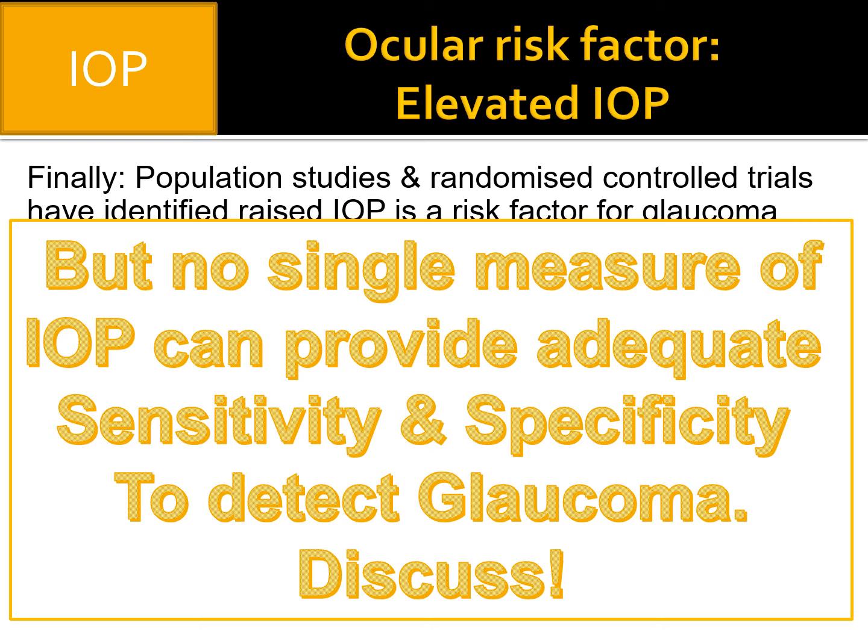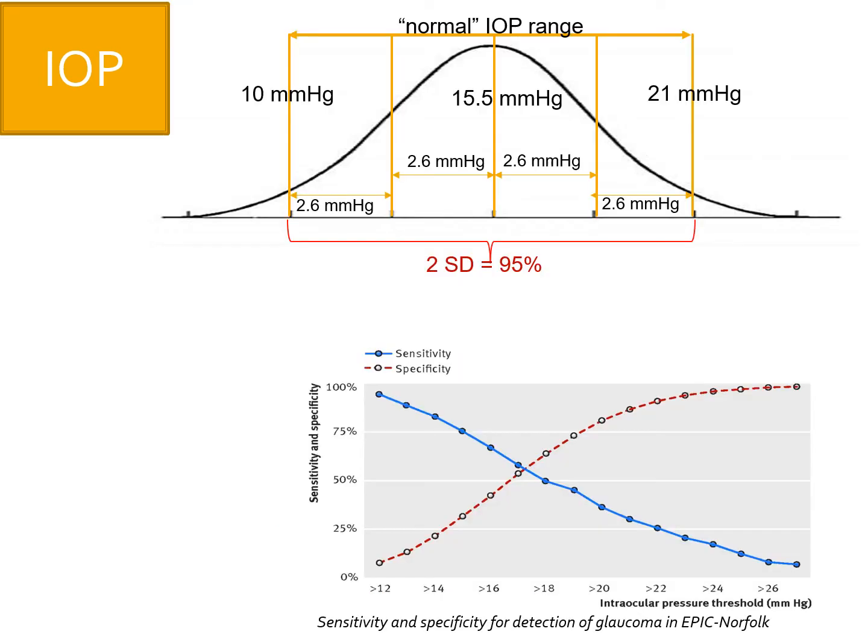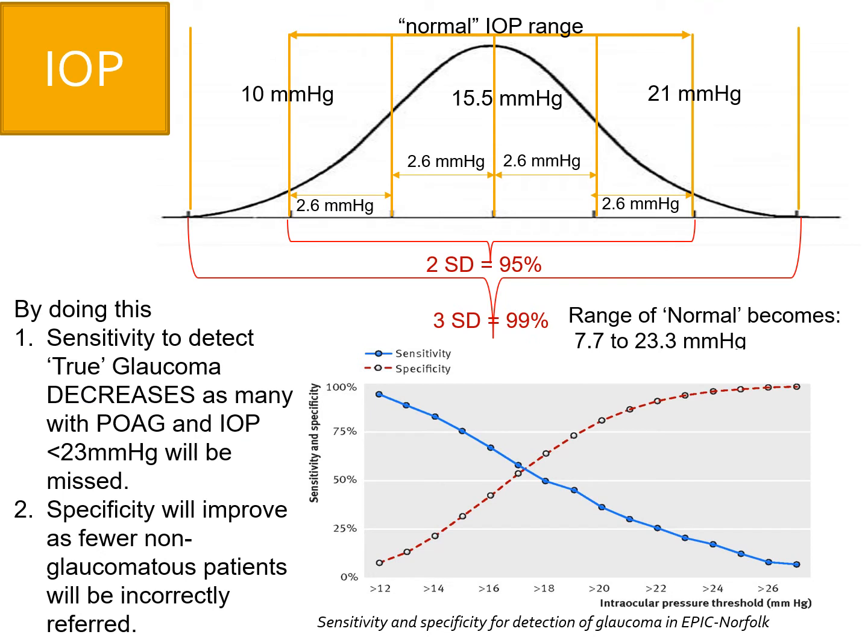Let's talk about that. Again, going back to our normal distribution of IOP, if you cut it off at 21, well, just say we went for 3 standard deviations instead of 2. Suddenly we're up to the 99% confidence limit of normality, right? Not disease, normality. And suddenly the statistically normal range goes from 7.7